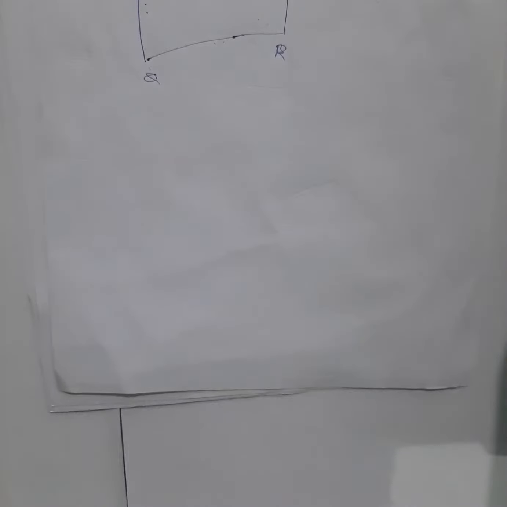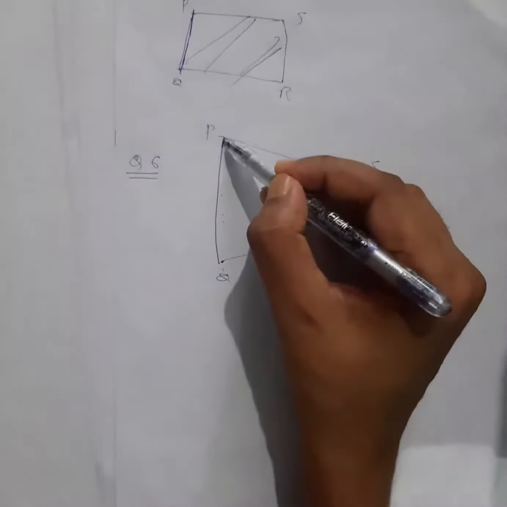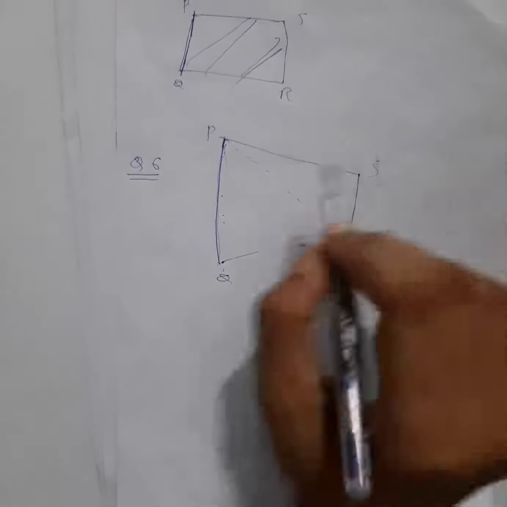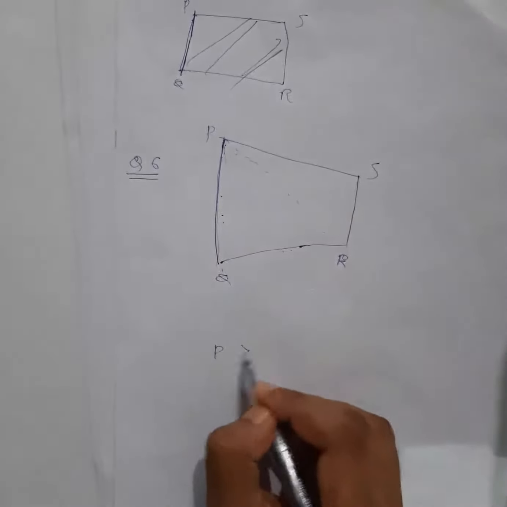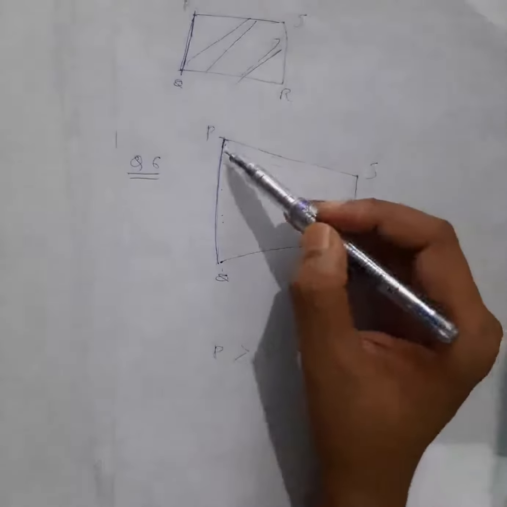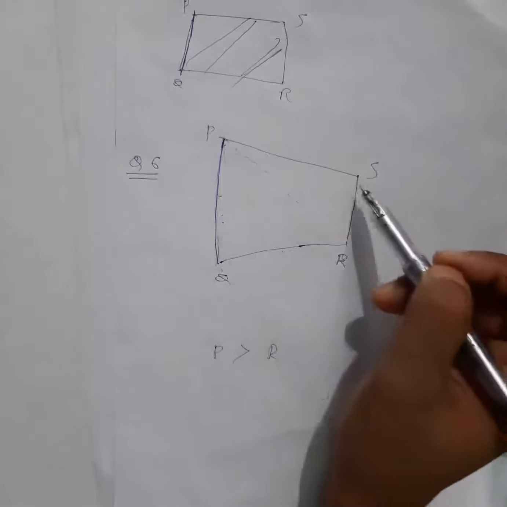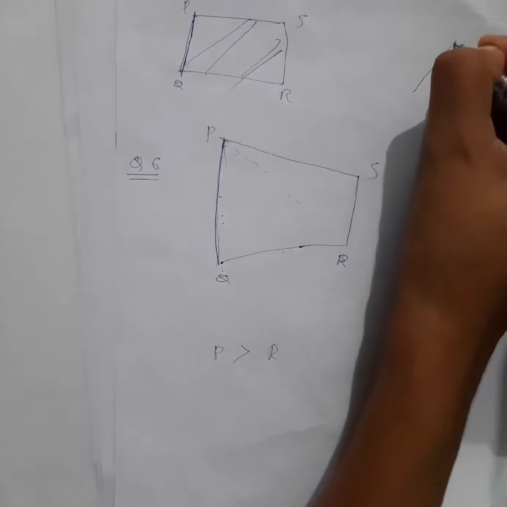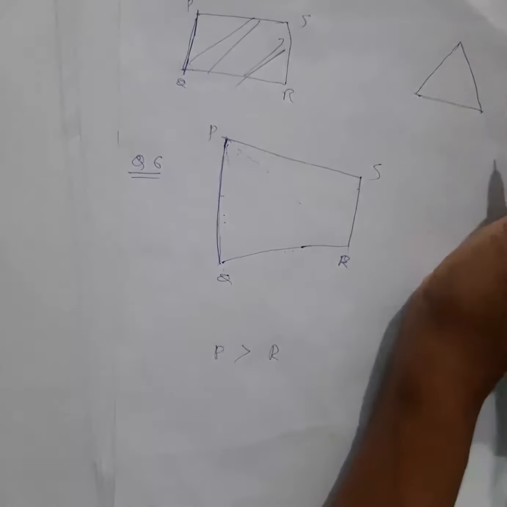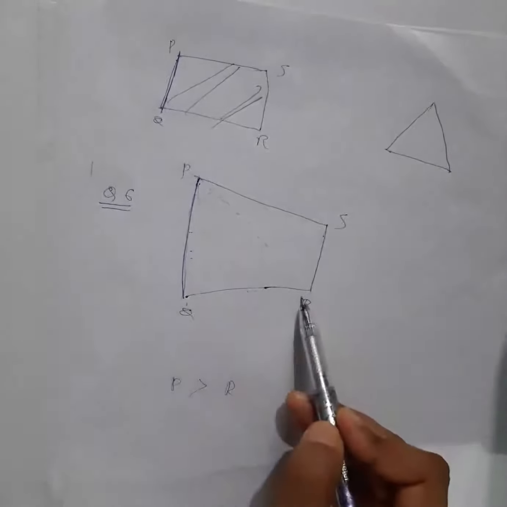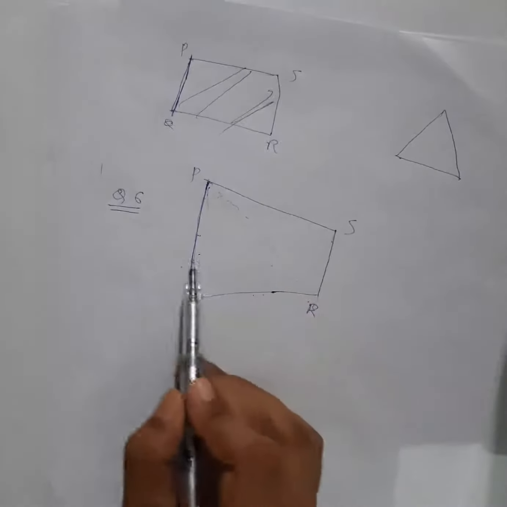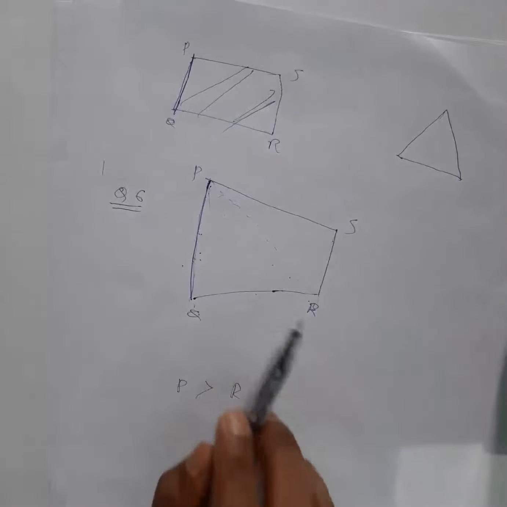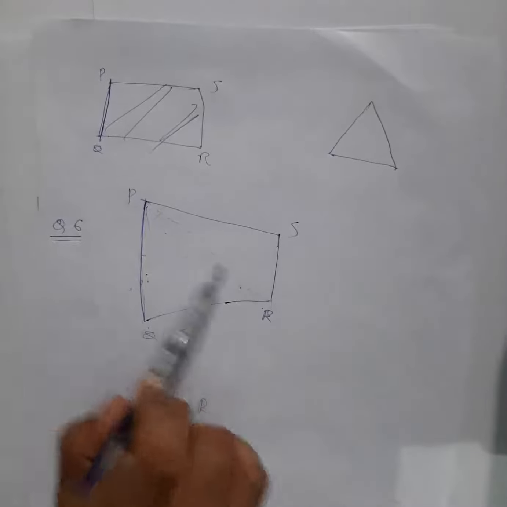Okay, and question number 6. In this question it was given that PQ is the longest side and SR is the shortest side. You have to show that angle P is greater than R. So most of you have written that this is longest, that's why the angle opposite to this will be greater. Now, opposite angle being greater was a property of a triangle, not a quadrilateral. So most of you haven't constructed the diagonal here so that you can have a triangle and use the property. Some students have constructed the diagonal and then used the property. That's correct, and that's good that you have understood how to use the property.